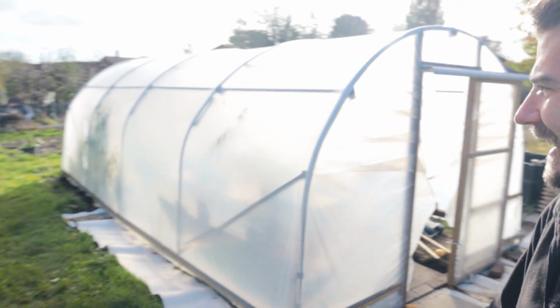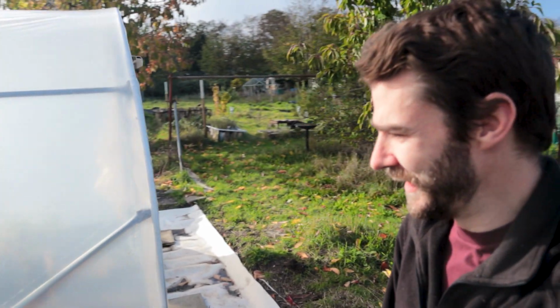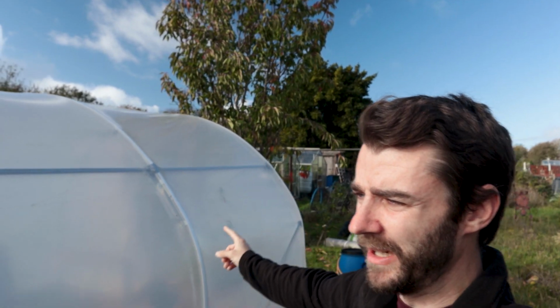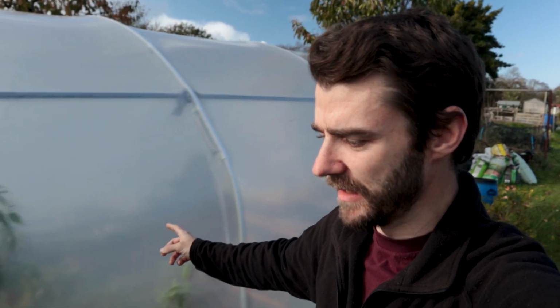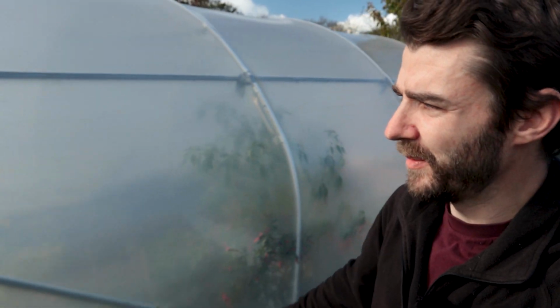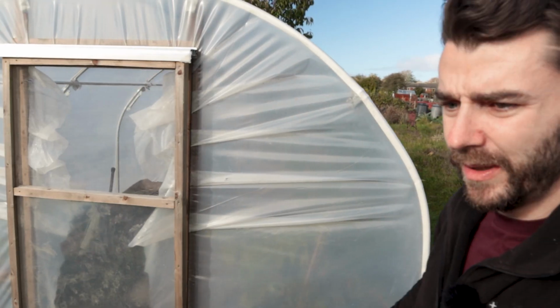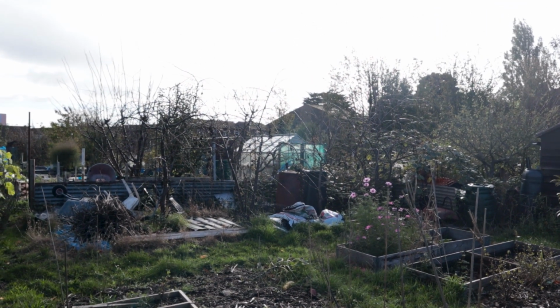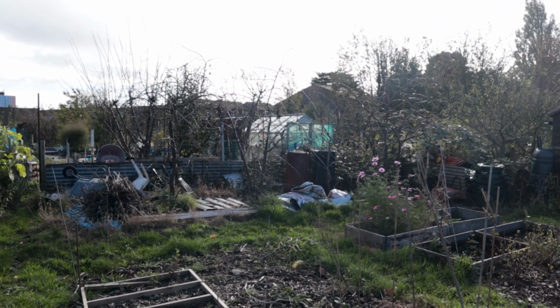Let's look around the back of the tunnel, just make sure there's nothing that's gone haywire. Nothing's gone into the tunnel. That's one of the things I was worried about. Got a few trees, big cherry tree up there and that kind of thing. It would be quite easy for something to fly off and come into the tunnel, but it all looks okay. The plum trees have lost all their leaves now. The wind has blown that off, so they're looking